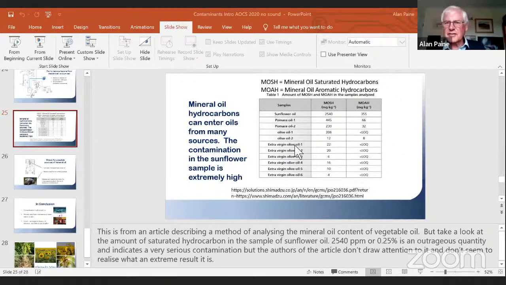So yeah, this here is an analysis of extra virgin olive oil (EVO), and that still contains some contaminants that are picked up from the environment. This is mineral oil contamination, and maybe it's been picked up by handling machinery, milling machinery, something like that. So of course, the snag with extra virgin olive oil is that you can't do any refining to remove it. So if you found something in extra virgin olive oil, some smoke has blown over it from a forest fire and it's been contaminated with one of the polyaromatic hydrocarbons or something like that, you can't do anything to extra virgin olive oil to remove it.